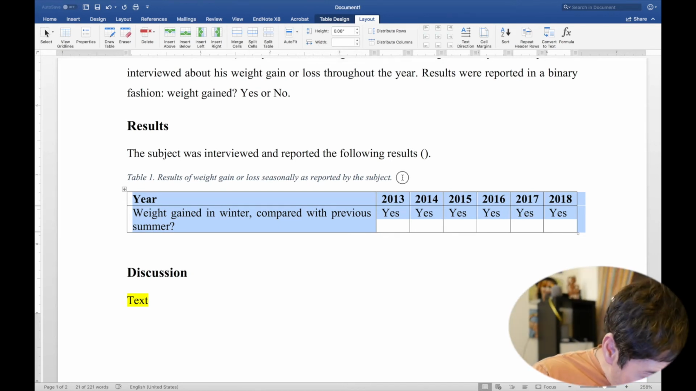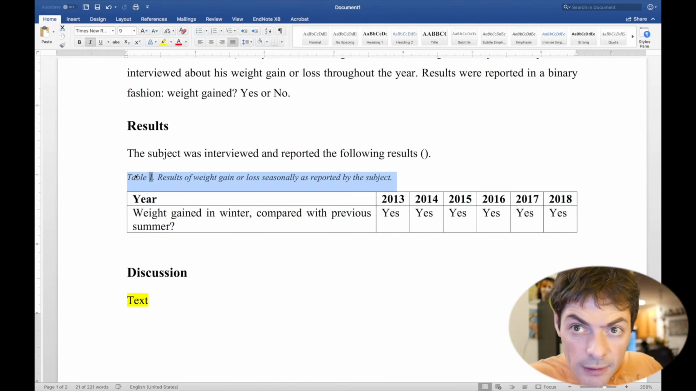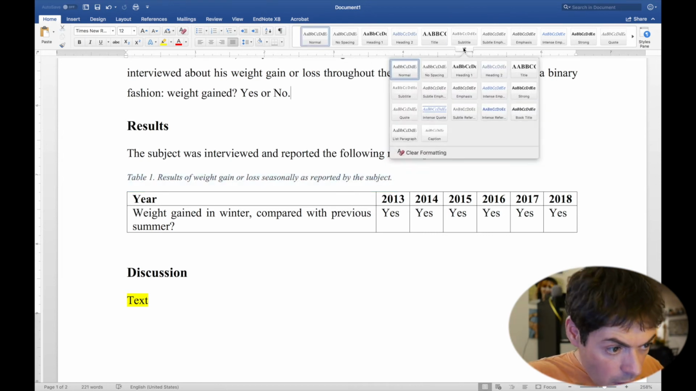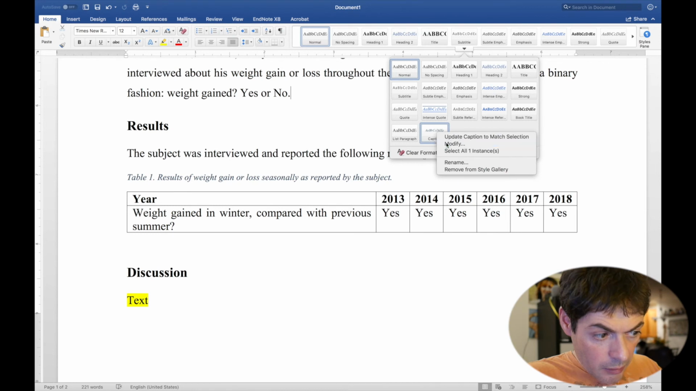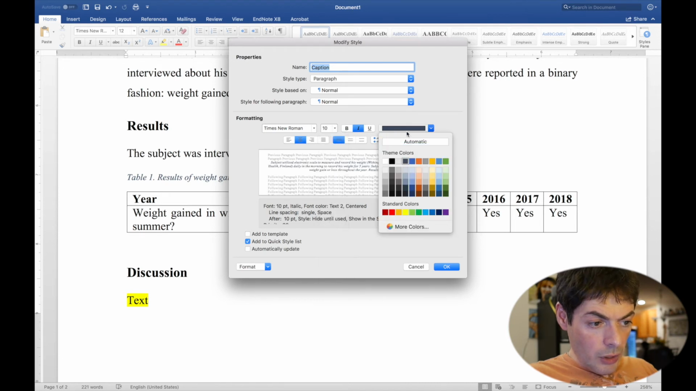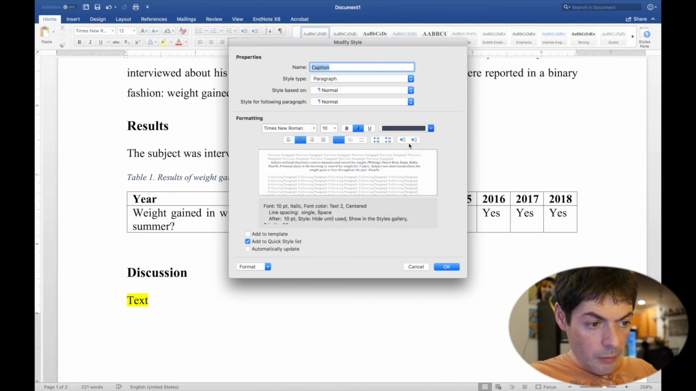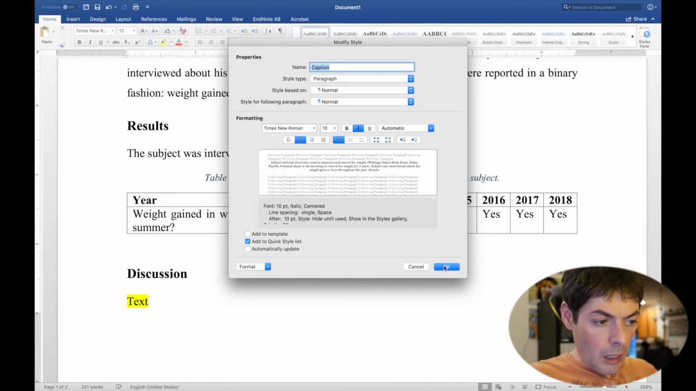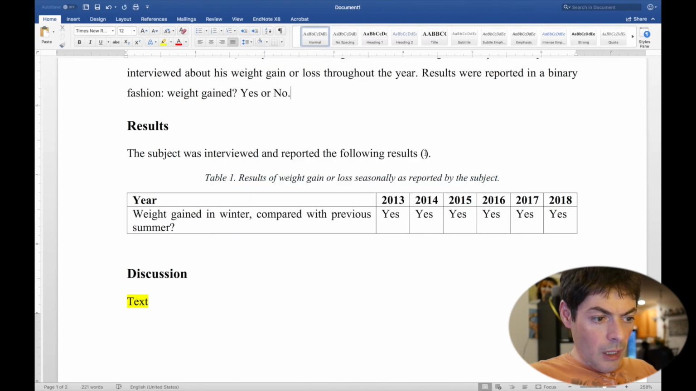Now if you look closely, this text is blue-grayish, and we can look at it here. Our caption, right click, modify. So let's center it, 10 point, keep it italic, and change the color from that to automatic, which is usually black, or always black. And insert. So there. Now here, the subject was interviewed and reported